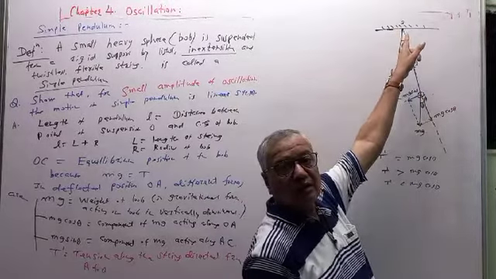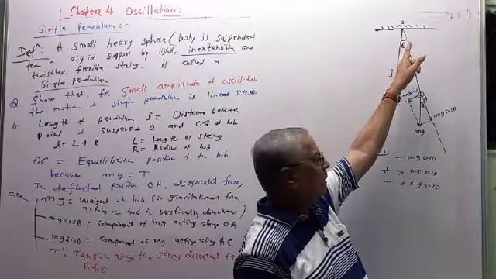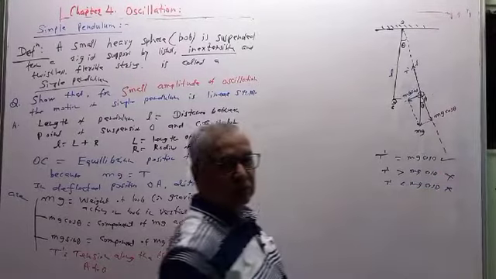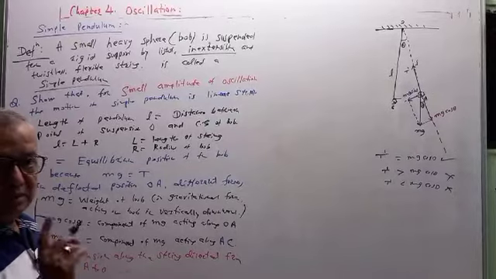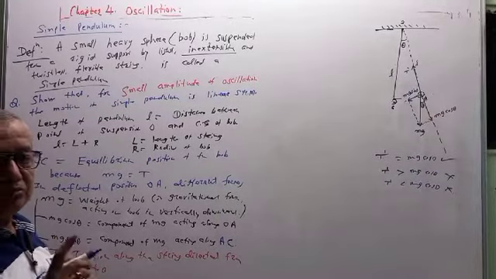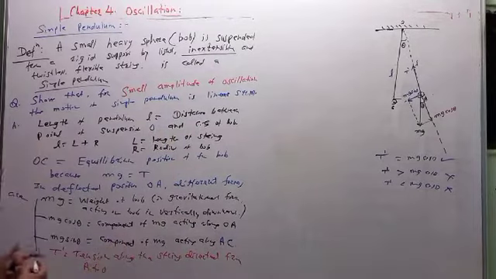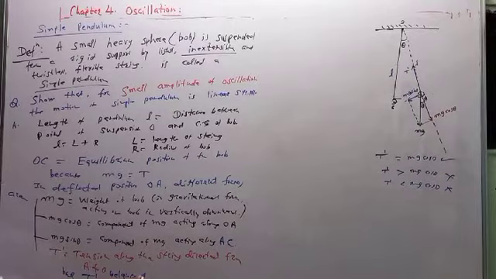the center, towards the point of suspension O. And therefore, this is not possible. This is not possible. Only this is possible. So the string will oscillate without breaking. The string will oscillate without breaking only when T dash is equal to mg cos theta. So this T dash balances mg cos theta.